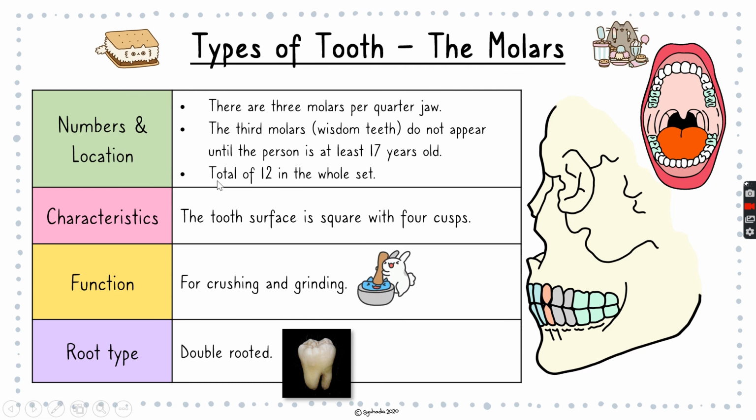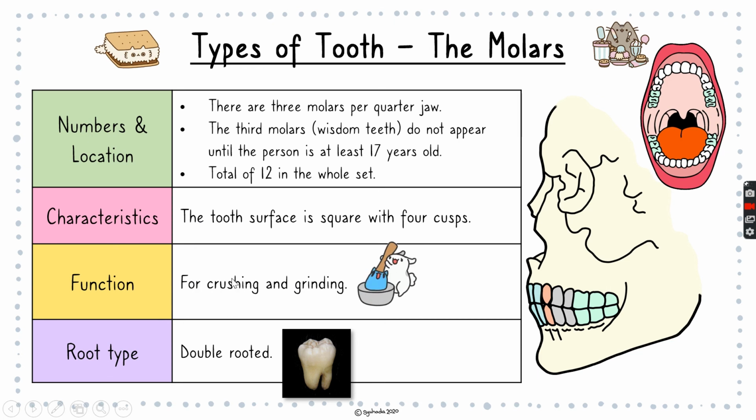You have a total of 12 in the whole set. 1, 2, 3, 4, 5, 6, 7, 8, 9, 10, 11. It should be right there, I think. 12. I forgot to color that part. I'm so sorry. The characteristic of the molars is that the surface is square, and it has 4 cusps, and